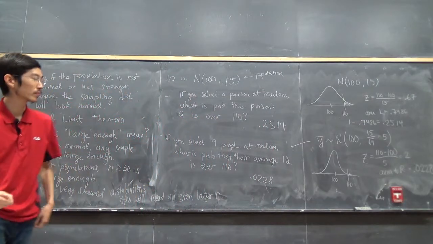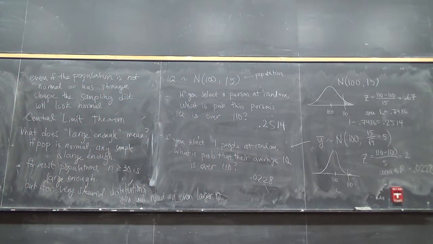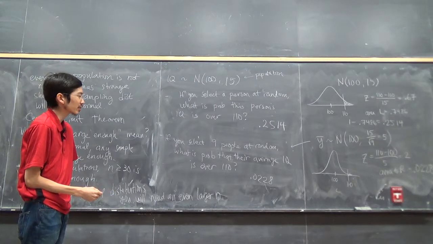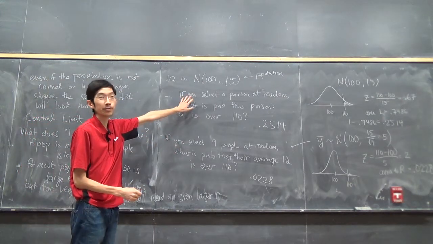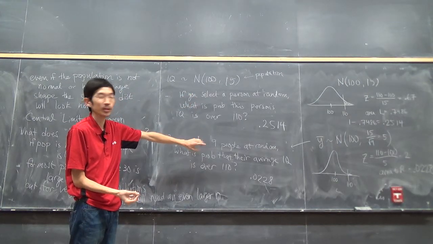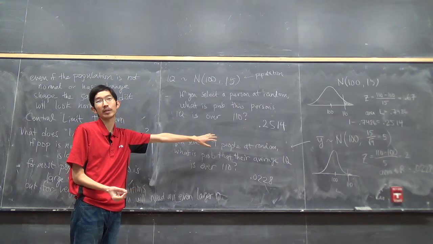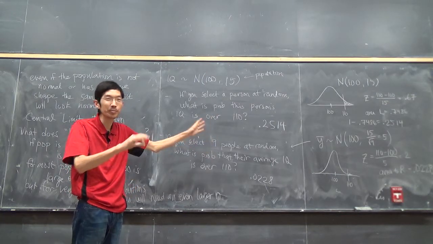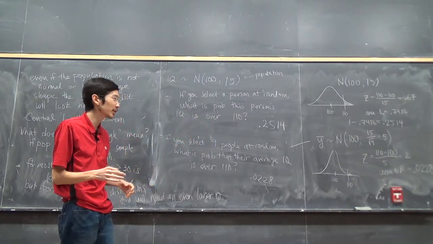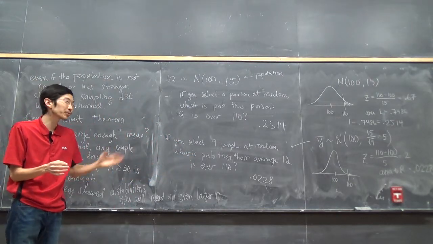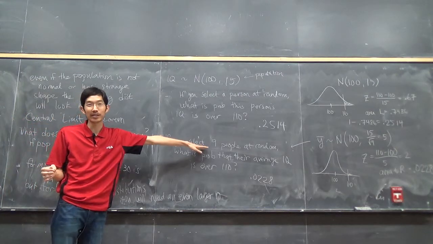Yes? Sorry, so if the population was really weirdly shaped, you couldn't answer the first question, but you could answer the second question? If the population was really weirdly shaped, perhaps you would not be able to answer the first question. And the second question, it might be a little risky to answer because your sample is only size 9. If your population is symmetric, size 9 is probably going to be okay. But if it's really skewed, then a sample of size 9 is not going to be enough